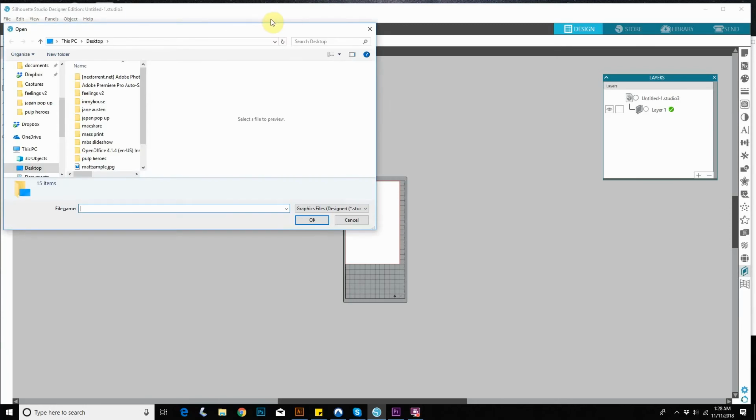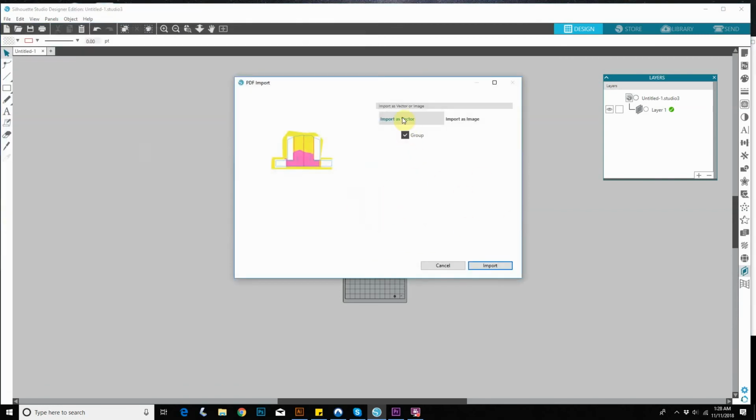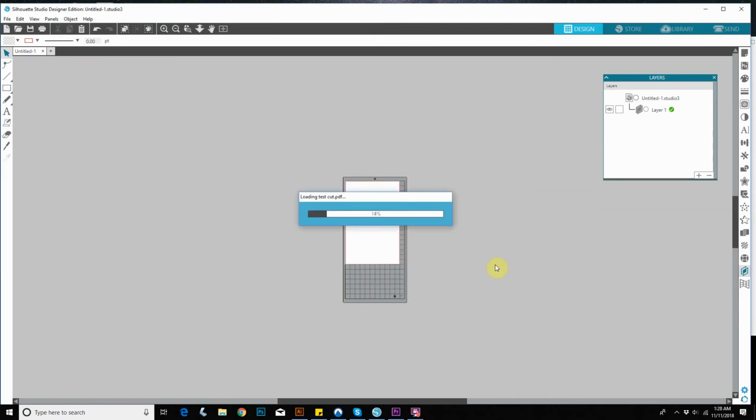So first thing, I create a file in Illustrator to be cut with the graphics on the bottom, cut lines on the top. Save it as a PDF. Okay, I always import as a vector, and if I can remember to ungroup everything, I do. Sometimes I forget and everything ends up grouped, but I just hit Command Shift G when it opens, and I can ungroup everything. A lot of the commands are actually the same